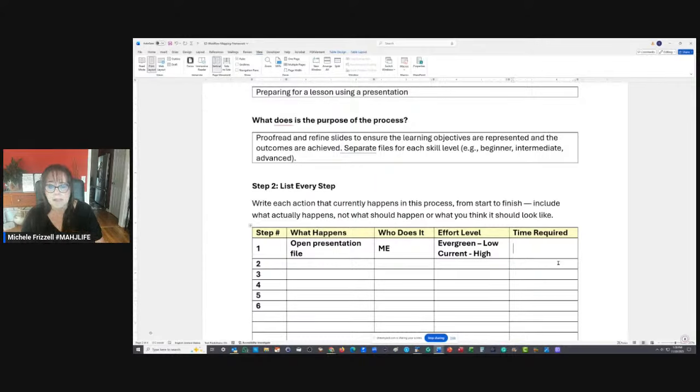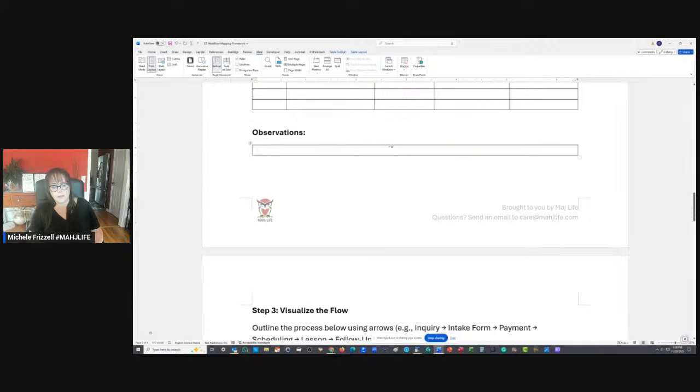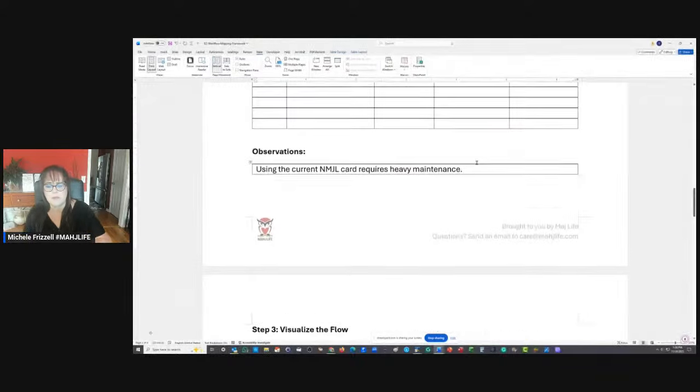So instead, you can streamline that process, and I'm probably jumping ahead here. Using the current National Mahjong League card requires maintenance, heavy maintenance. Okay, so we're going to just park that there.